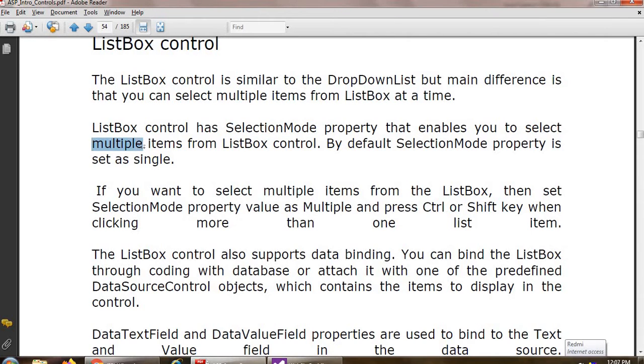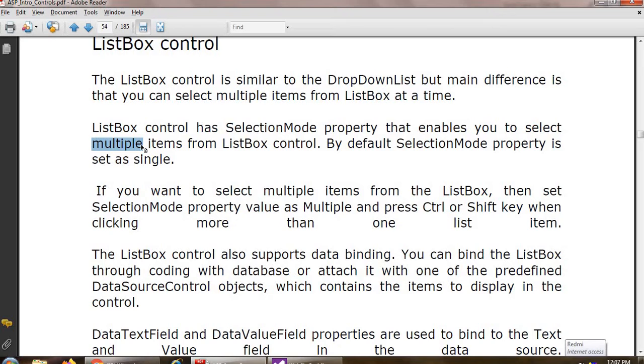If you want to select multiple items from the list box at a time, you can select the multiple option in the selection mode property.